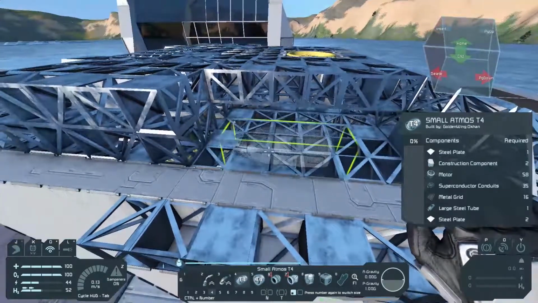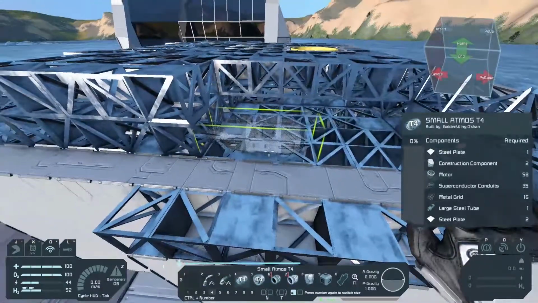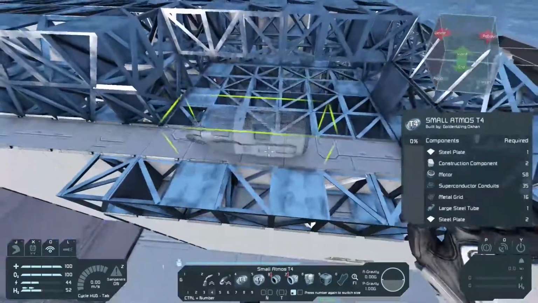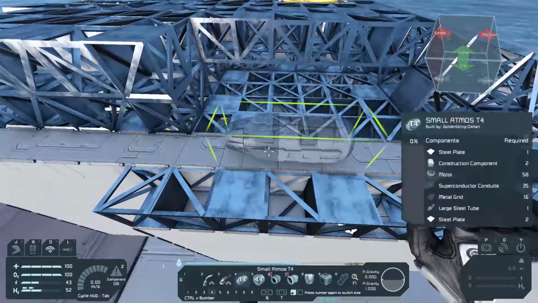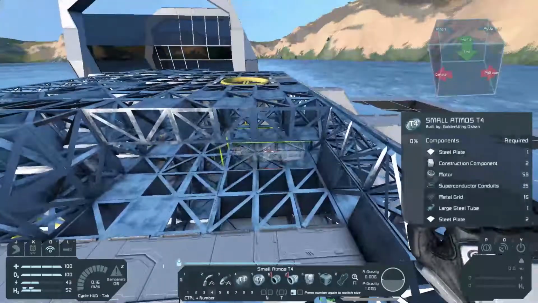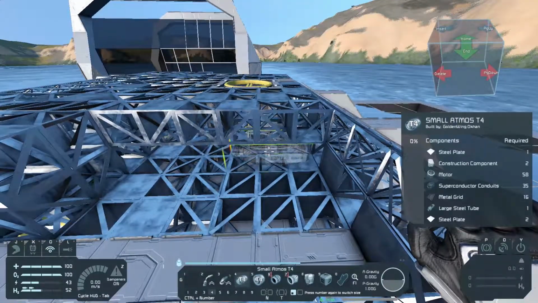Alright, so I'm just checking in here while I'm skinning off the roof, and I've discovered that we have a bit of a cavity under the roof here that we can take advantage of. So I'm going to take these small atmospheric Tier 4 thrusters, and I'm going to slip them facing backwards, as it is,